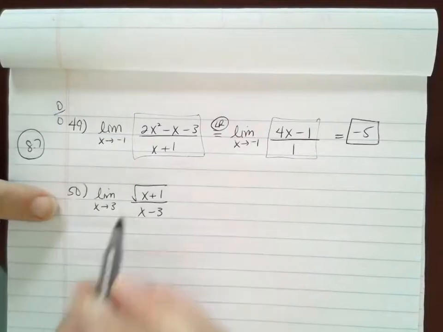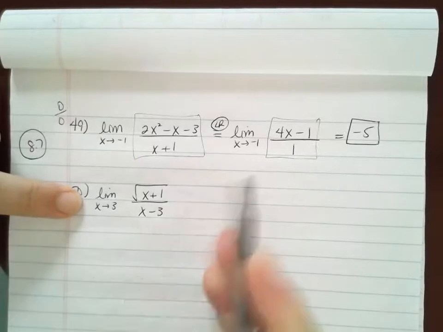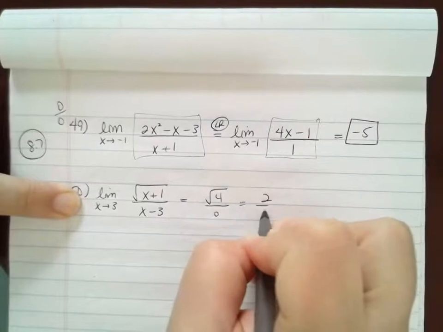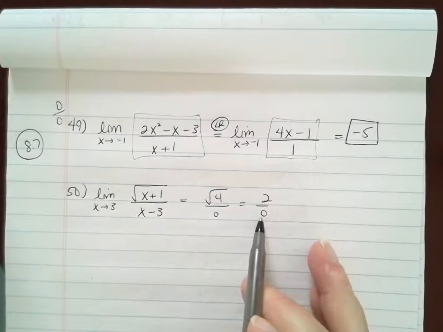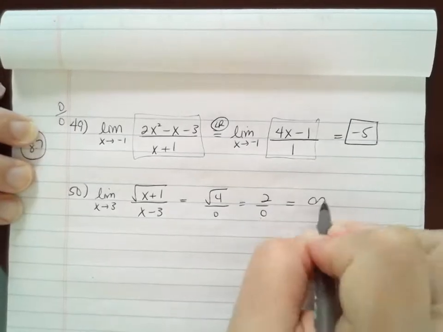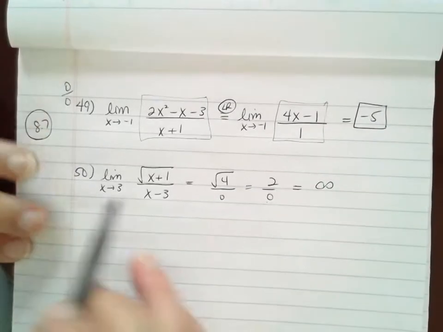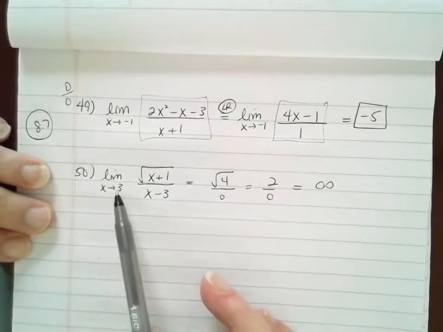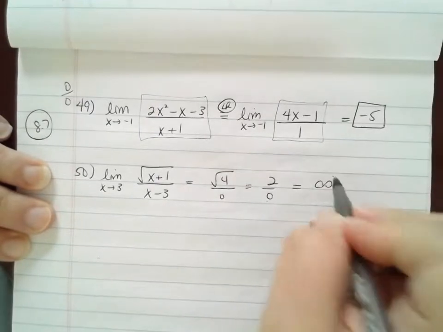So I'm going to do this, and then I'm going to do a side note and provide a different question. But if I plug in 3 right now, I get the square root of 4 over 0, 2 over 0. This is going to be, like if you have 2 pizzas and the slices are really, really tiny that they're almost 0, you're going to have infinitely many of them. The positive infinity because of the positive I had in the numerator. Although actually, if this was approaching 3 from the left, we would get a negative down here. It would be positive negative infinity. So I am going to leave it alone for right now,